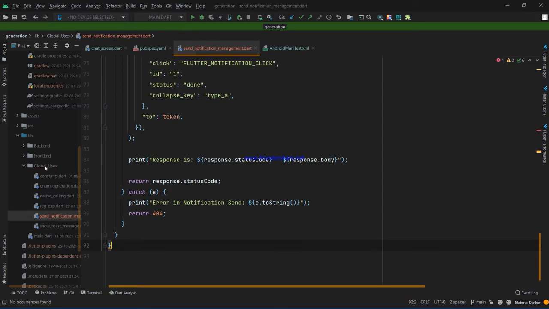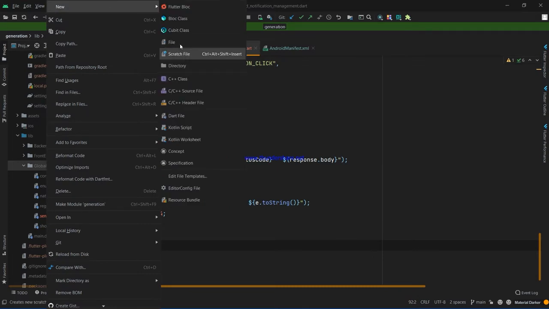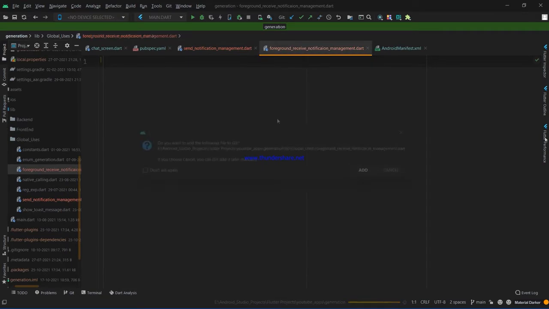Okay, and under that global users we make a new file, and this will be foreground receive notification management.